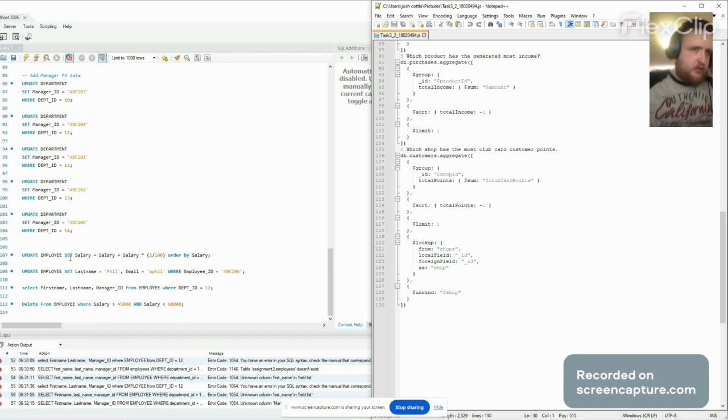Number one is where you're trying to add 2% to all salaries for the employees. So first you want to update the table employees, so that's where you choose employee. And then you want to change, which is set salary plus 2% salary, which is the 200, this bit here. And then you want to order by salary, which finishes that query. That means it goes from lowest to highest. But if you want to get highest to lowest, you put a